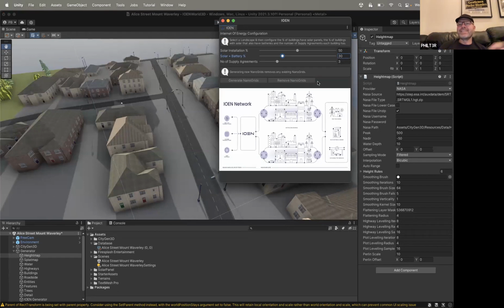So now you can say, okay, in this landscape of all these houses, let's say it's a fairly advanced town, because it's my street, so I'm going to make everyone do it. So 75% of the houses on my street are now going to have solar panels. Most of those will have a battery as well. And I'm going to set it up to automatically create three supply agreements between two houses. So any house will now select three of the other houses that are generating power, so they've got solar as a possible supplier for them. And before we do that,